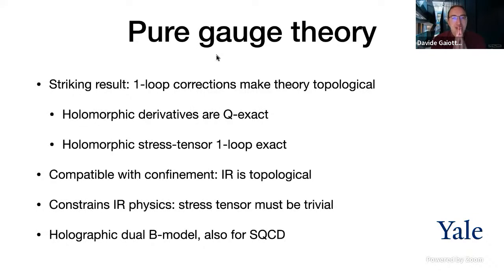But anyway, down to examples: pure gauge theory and QCD. So the thing that I found absolutely striking when we started doing calculation in pure gauge theory is that this theory that was supposed to be holomorphic turned out to be topological, meaning that at one loop, all the holomorphic derivatives of local operators turned out to be BRST exact. And you can argue that this happens because the holomorphic stress tensor is actually exact in this theory. This is quite an exceptional phenomenon. I haven't found it in other theories, but